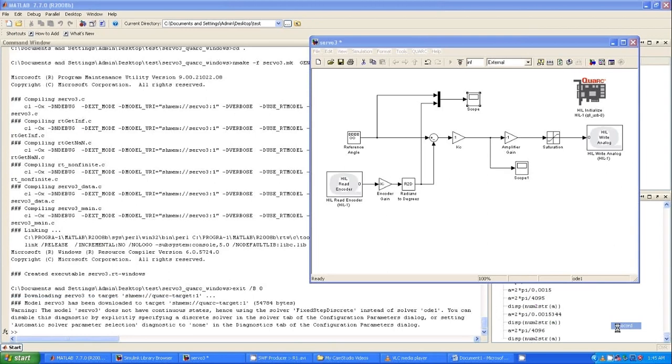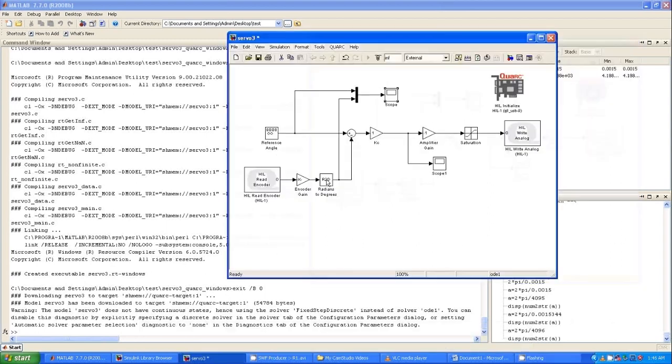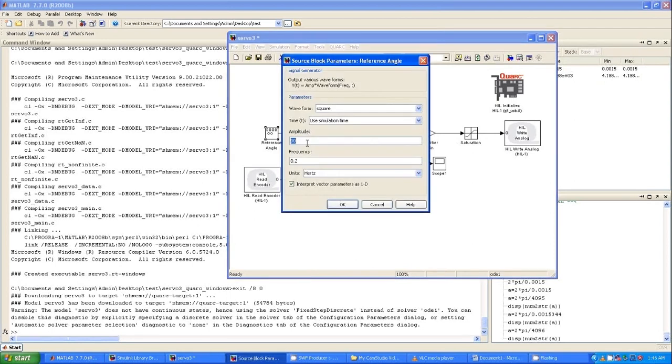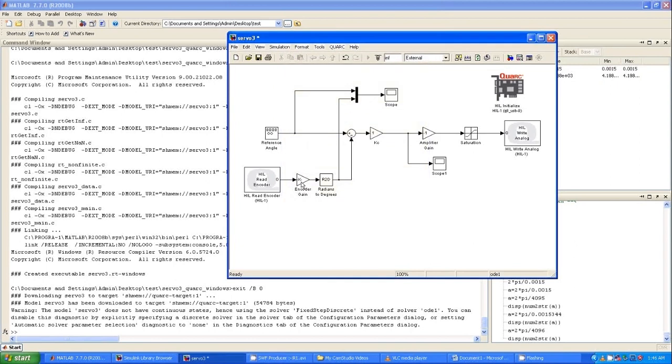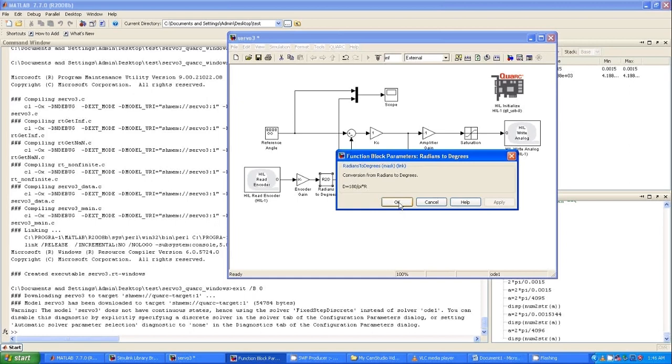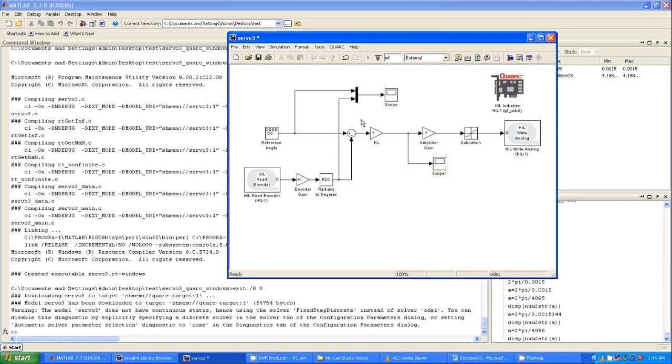Okay. Since we are very much comfortable with degrees rather than radians, what I have included is a radians to degree conversion block in the feedback term, that is after the output of the encoder gain. Now the reference angle you can set in the form of degrees, and I hope it will be a little bit intuitive. In the reference I am setting the amplitude as 90, and as I said, we have added a degree to radians block. So now the reference angle is in degrees and the actual position is also in degrees.